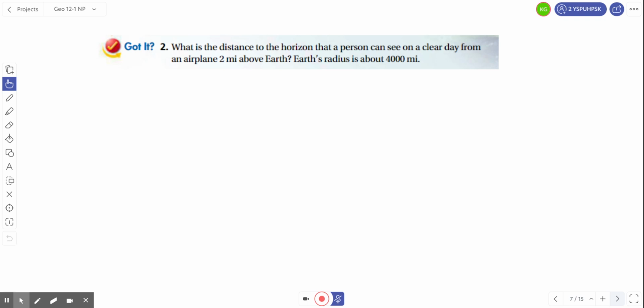Here's a similar problem, although now we are 2 miles above the Earth, and the Earth's radius in miles is about 4,000. So slightly different numbers because we're using miles and because an airplane is higher than that tower. What is the distance to the horizon? I would highly recommend drawing a picture and thinking carefully about this. And good luck, and I'll see you